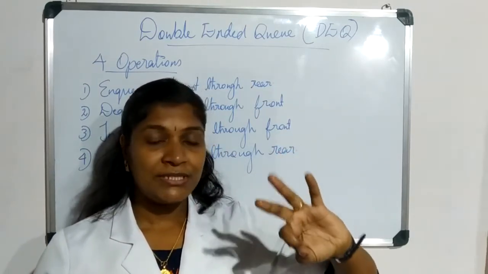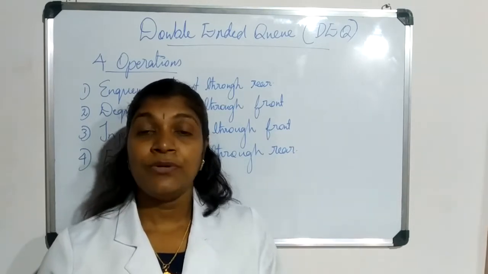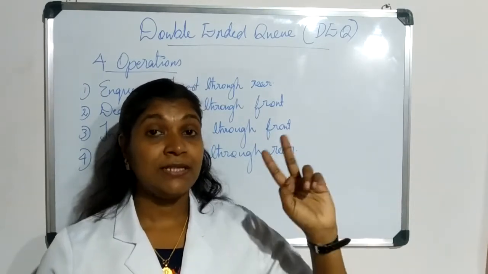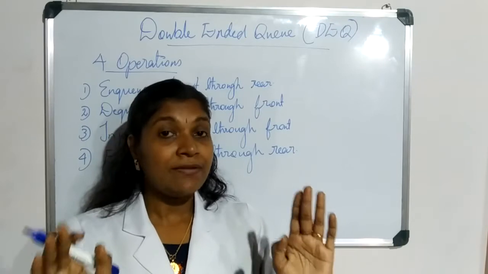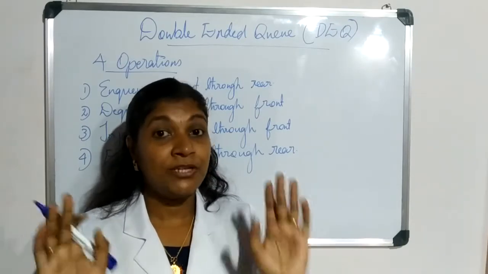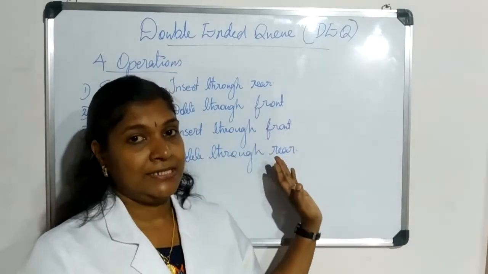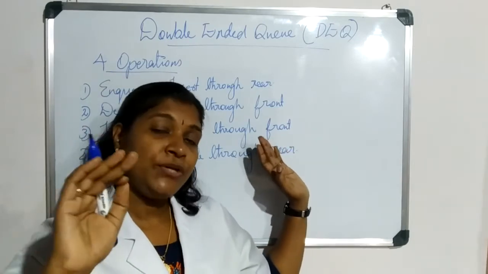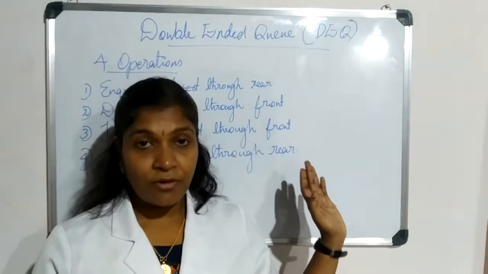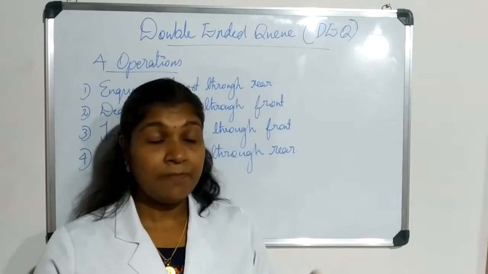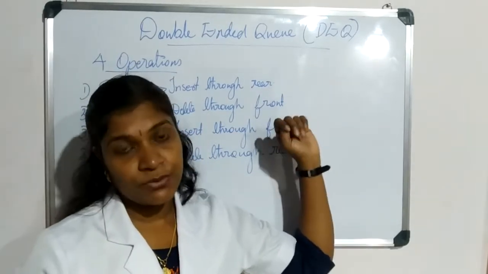What are the two operations in a queue? Then how was it implemented? There were 2 pointers, front and rear. So you should have a clear idea about all these concepts, and only then will you be able to understand this topic, because the NQ and DQ operations of a normal queue are the same in a double-ended queue also.